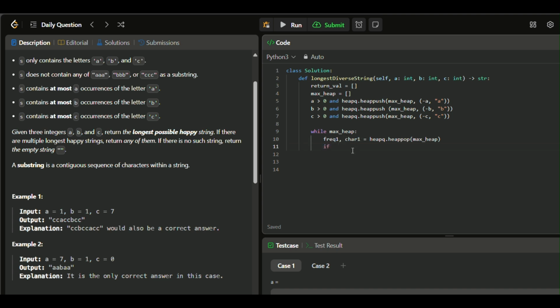So we do a little check. We say if the length, this is also a Python operator, of our return value, which is what we want to return at the end of this operation, is greater than or equal to 2, that means we have 2 items already in our return value, and the last item in our return value, which we can access by using a negative index, is equal to character 1, which is this character we have just extracted from our heap, and